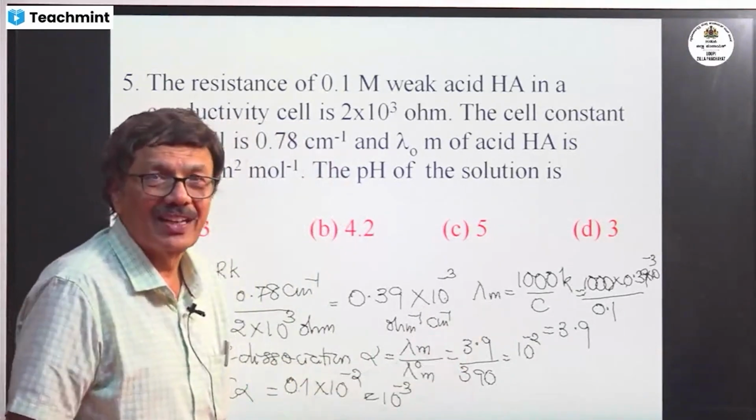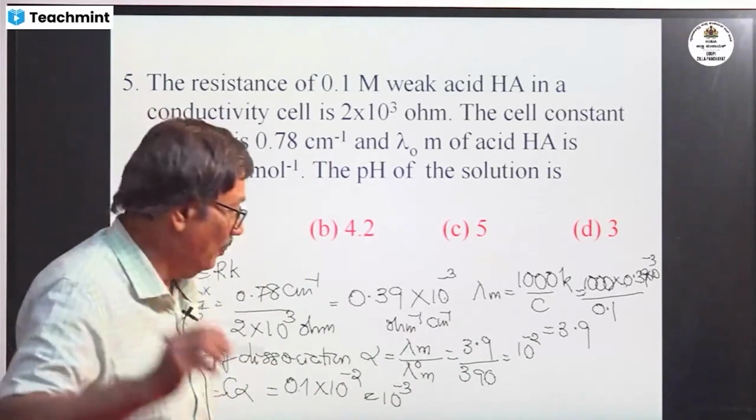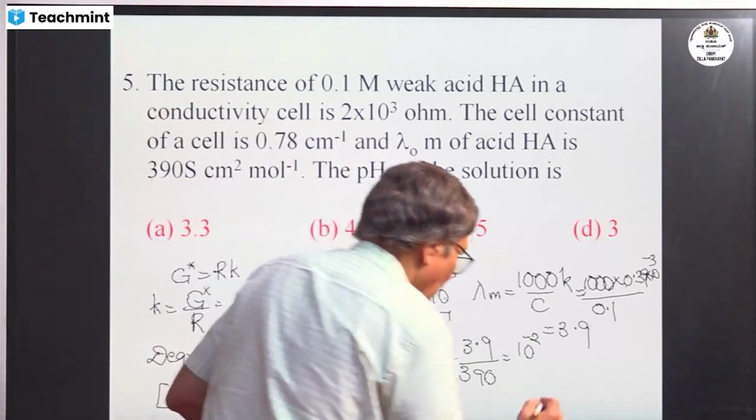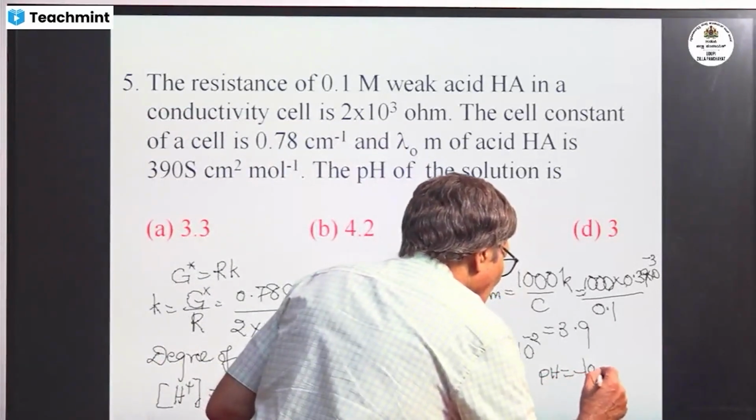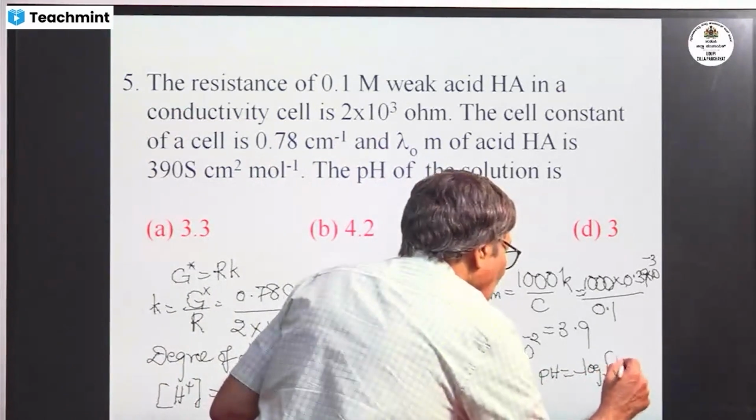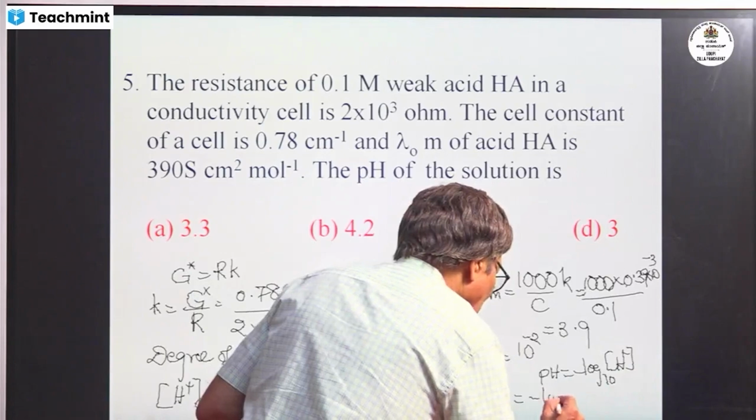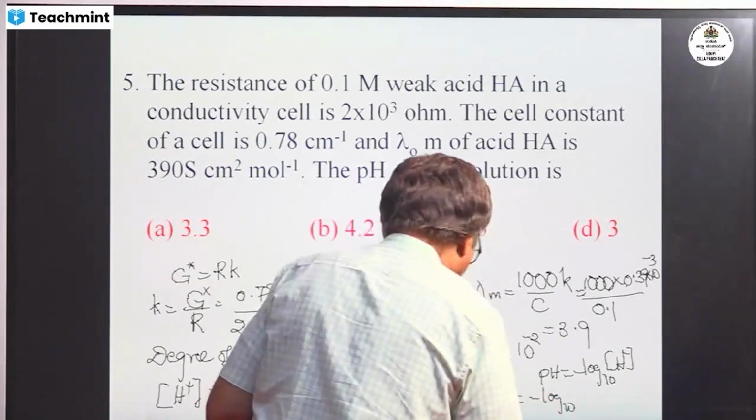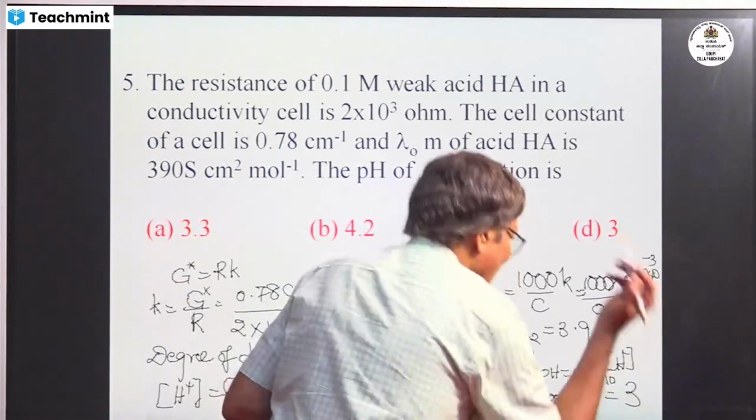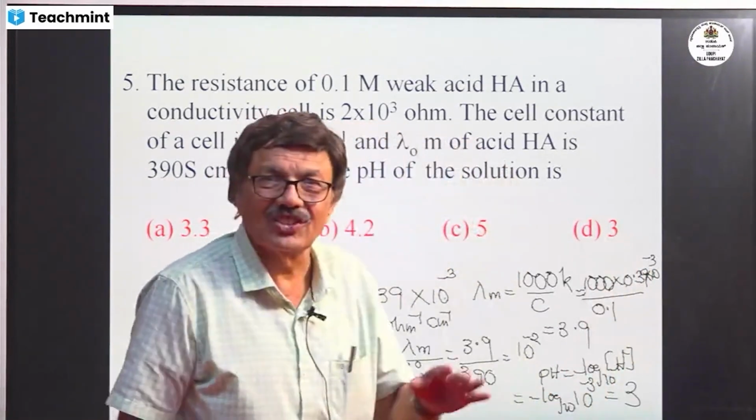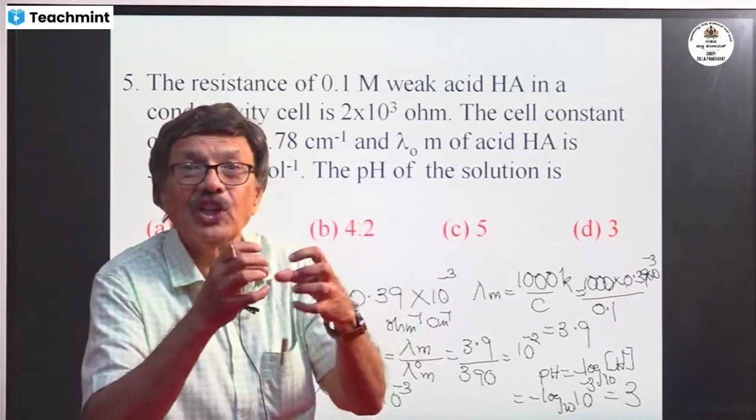One more step remains. When you have got the hydrogen ion concentration, you have to calculate the pH. I shall write it here. pH is equal to minus log to the base 10 of hydrogen ion concentration. That is equal to minus log to the base 10 of 10 to the power minus 3. So the answer is 3. So dear students, I'll explain it once again because so many concepts have been put in one